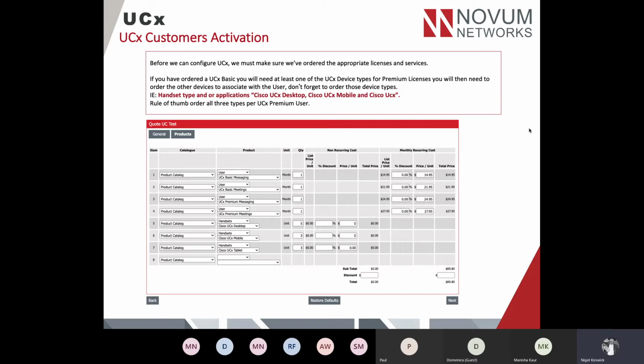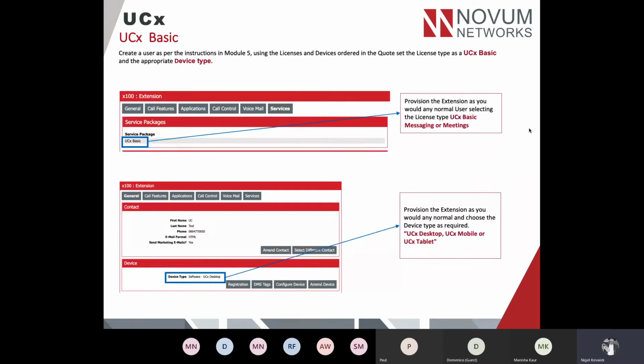As I said, there's a $0 value against those. They're just the devices, and it makes it easy down the track if you do want to change or add those without having to go back through the quoting process. So with the basic, you can